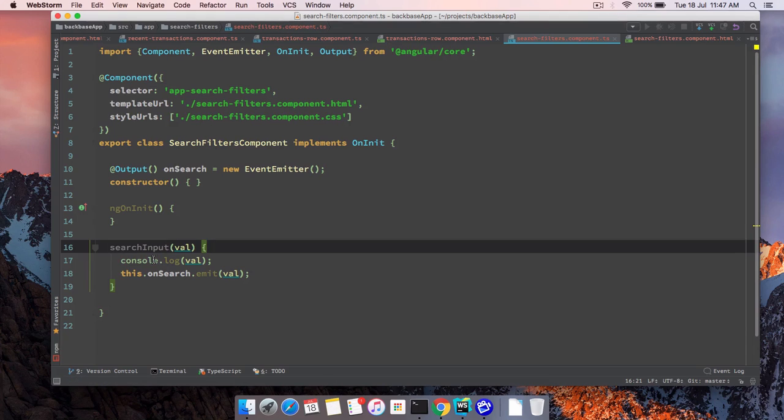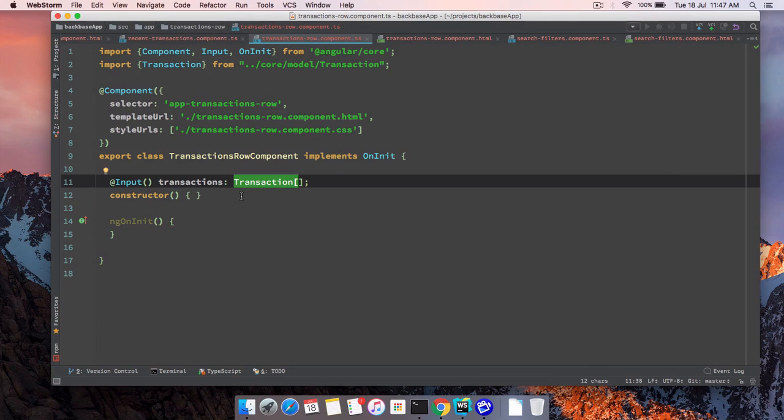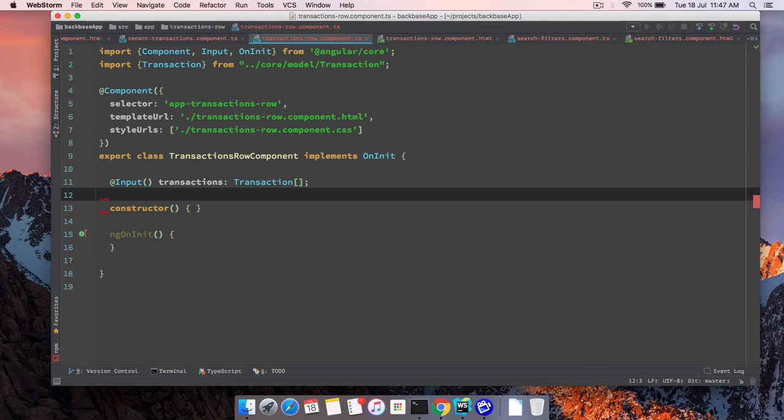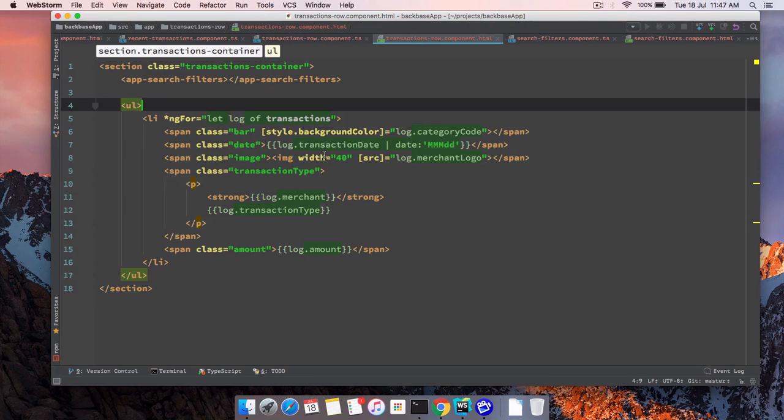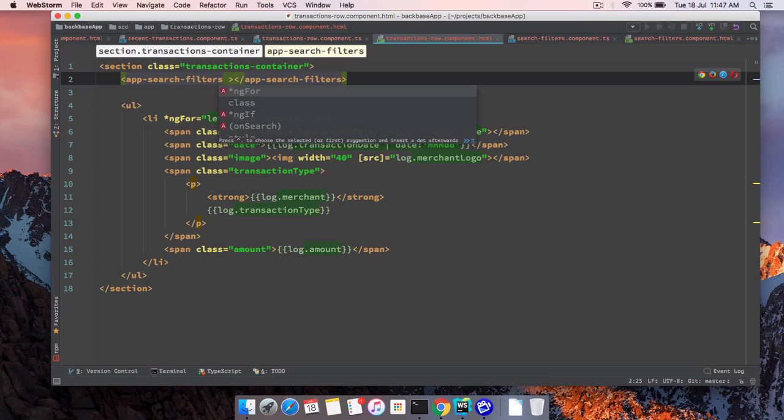So whenever there is a search input, we are going to emit a value. So inside the transactions row component, we have to listen for this event. So I'm going to go to the transactions row component HTML. Whenever there is an event on search on the app search filters component,